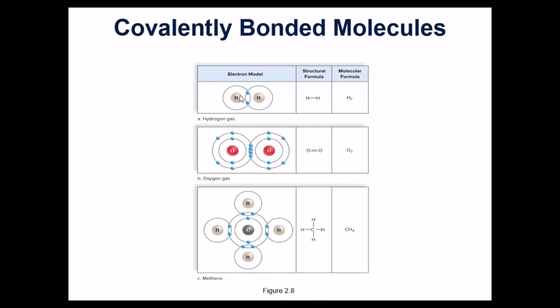Remember, hydrogen only has 1 electron on its outer energy level. So it's very unstable, but if it finds another hydrogen, it will very quickly form a covalent bond. And now each of those electrons is shared between them equally. And so now it's almost like each one has a complete outer energy level of 2 electrons. Oxygen does the same thing.